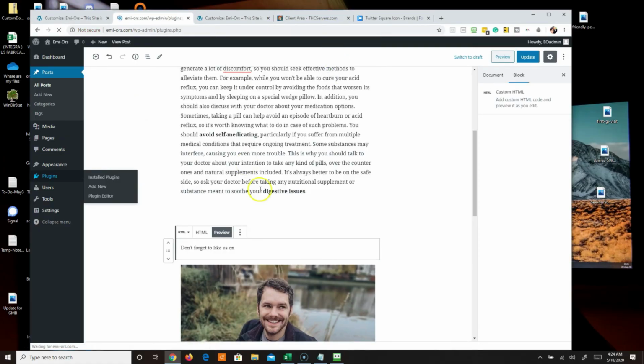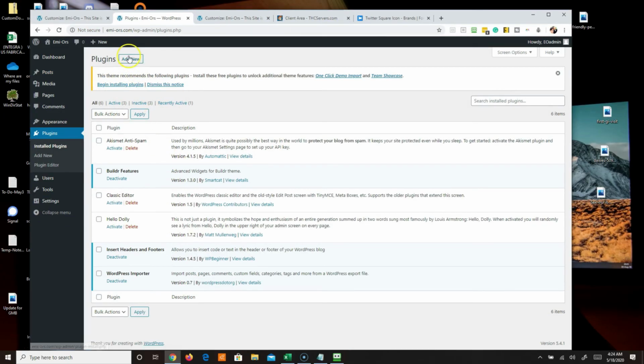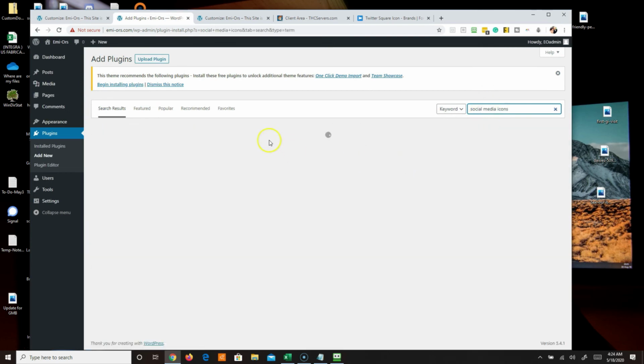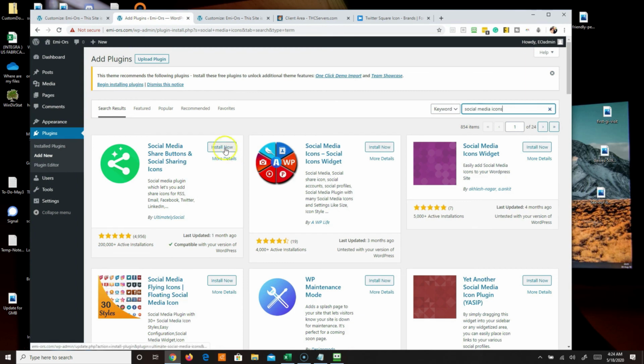Let's just check. I think you can add plugins as well. I'm going to leave this and add new plugin. That's social media icon. But installing more plugins on your site